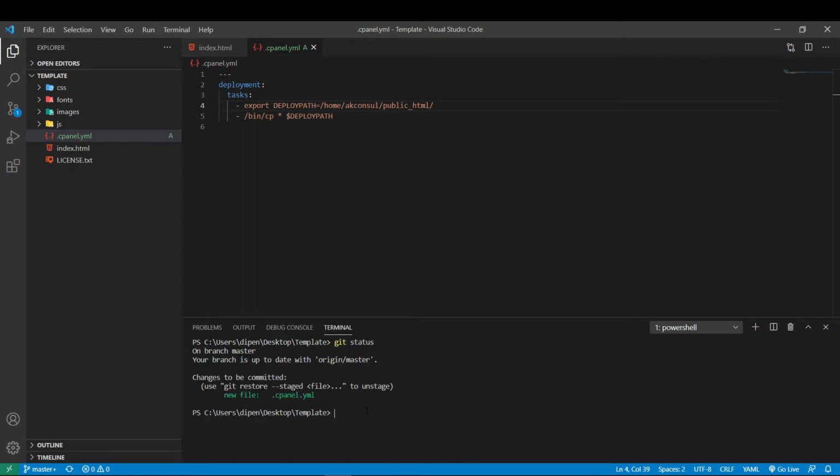So push this file into the master branch. Sorry, I haven't committed.